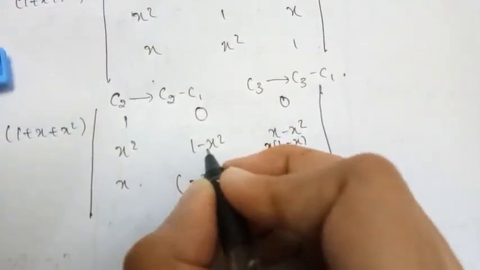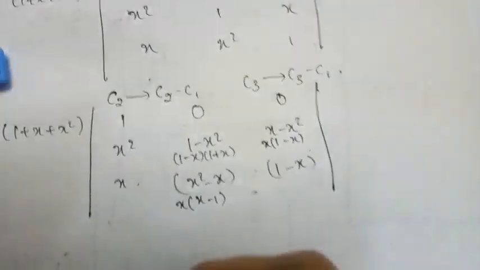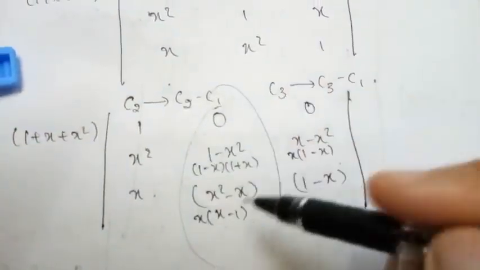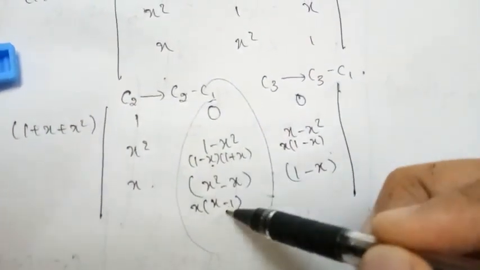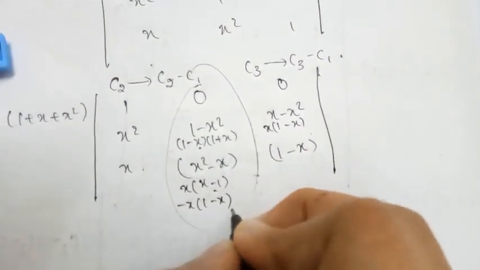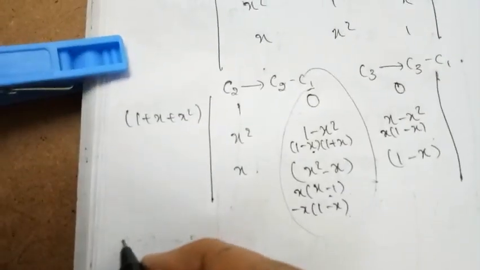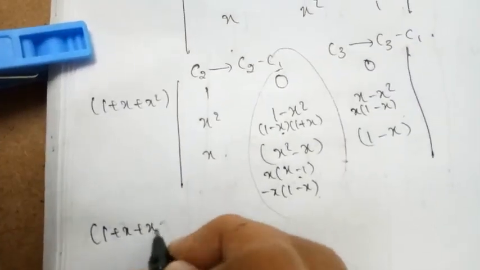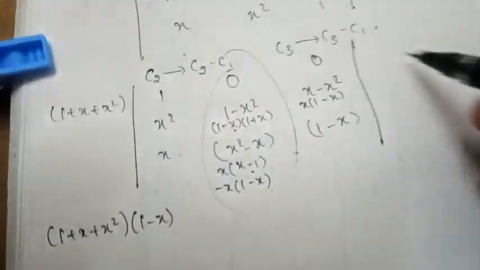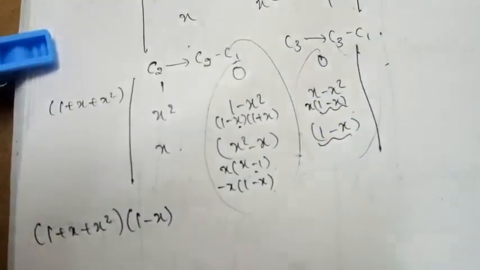So this is nothing but a square minus b square form. So that is nothing but 1 minus x into 1 plus x. So clearly you can observe here in this column 2 we are having 1 minus x. Here we are having x minus 1. I can write it as minus x, 1 minus x. So from column 2 I can take 1 minus x common outside. So 1 plus x square. From column 2 I have taken 1 minus x common outside. Even you can observe from column 3 also I can take 1 minus x common outside.